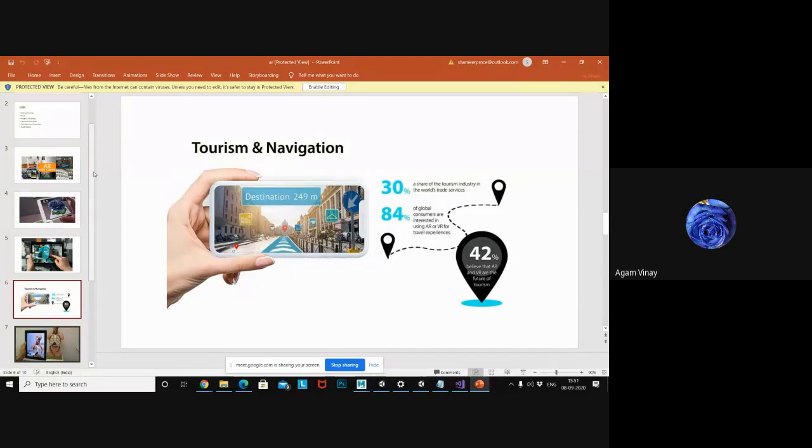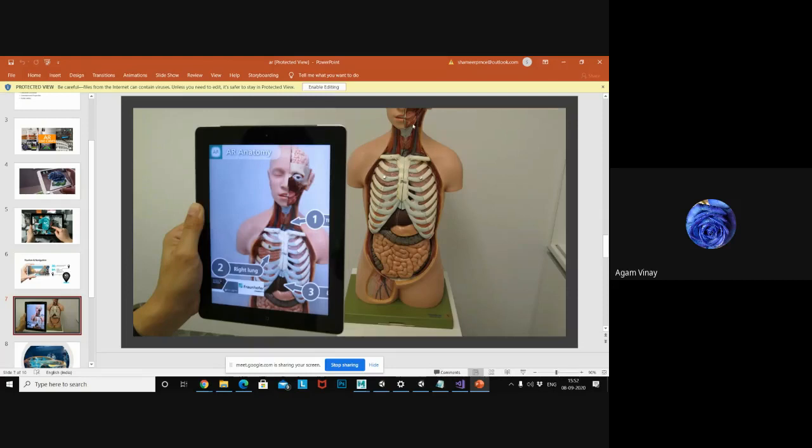So whenever you open the AR app which we have built and scan it, it will show you the information regarding that floor: where which shop is, where the food area is, where the cinema area is. So like that, the AR application is used. In education also, whenever you scan a particular model, for example in anatomy, it will explain it in detail without needing any person's knowledge.